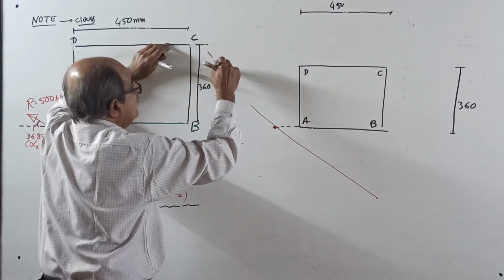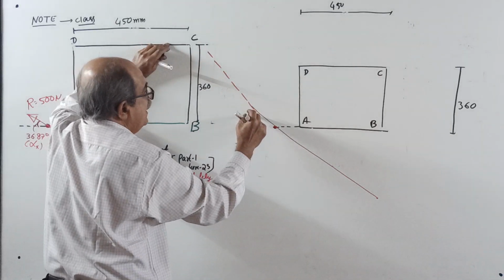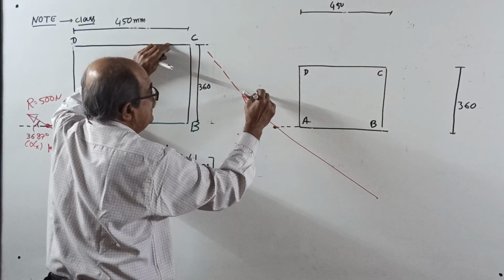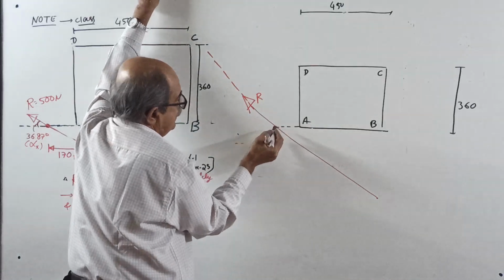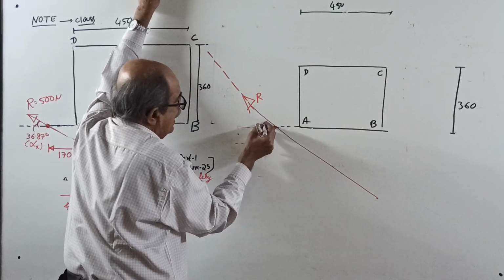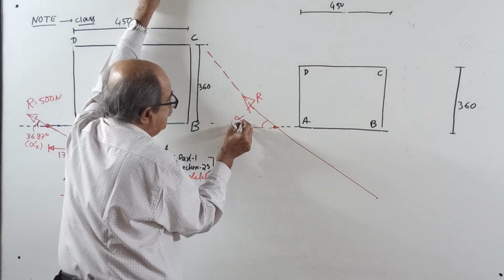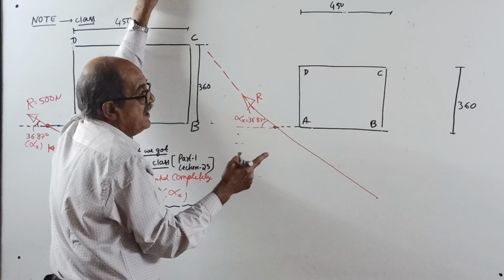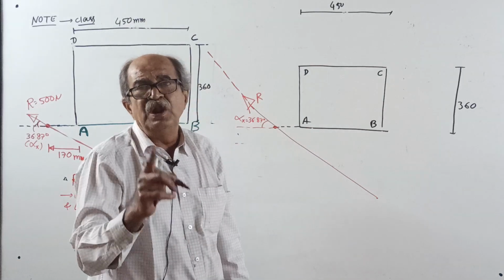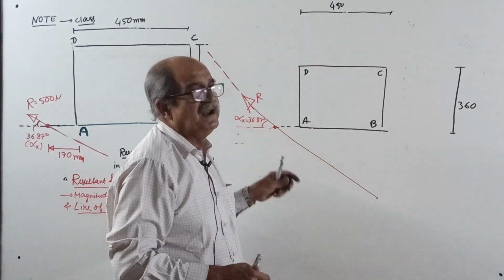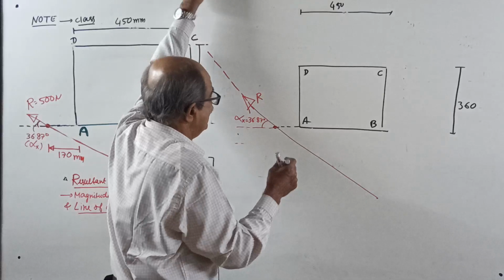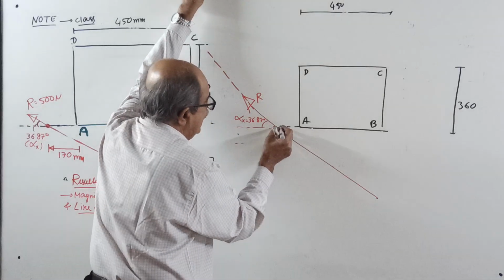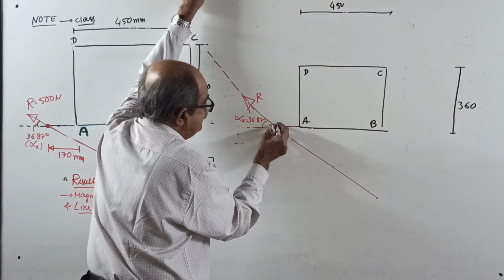Extend the line. Somewhere mark this as resultant R. And with the horizontal, this angle alpha x equals 36.87 degrees. When I calculate later, I will use the full calculator number, not 36.87. Then the distance from A to this point